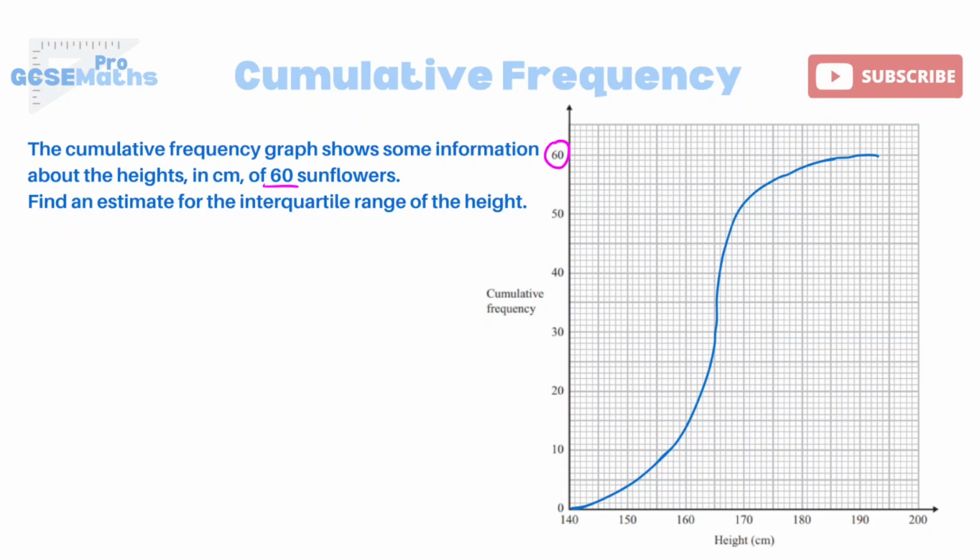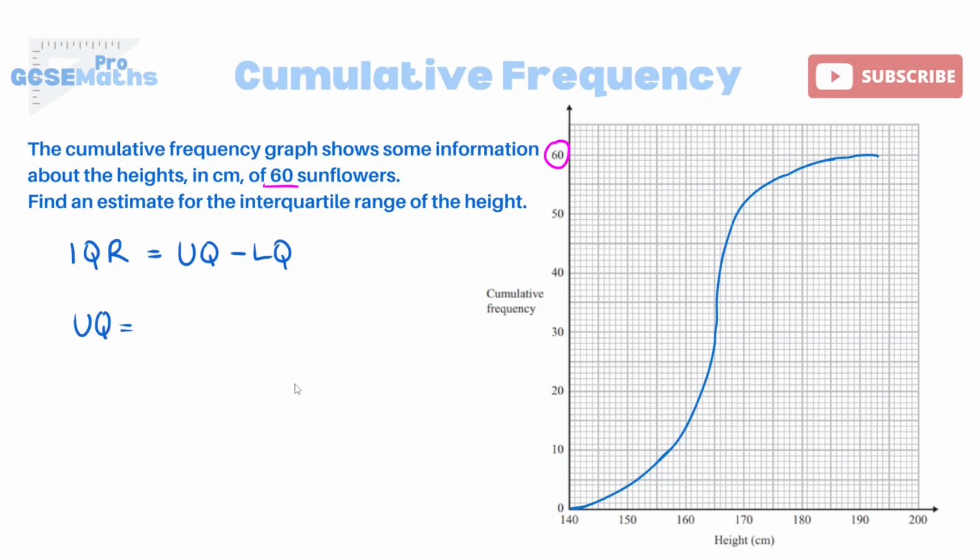Okay, so first of all, we need to remember what the interquartile range is in the first place, isn't it? So interquartile range is the upper quartile minus the lower quartile. It's a range between the two quartiles. That means I therefore need to work out the upper and the lower quartiles, and then I can subtract them. So the upper quartile